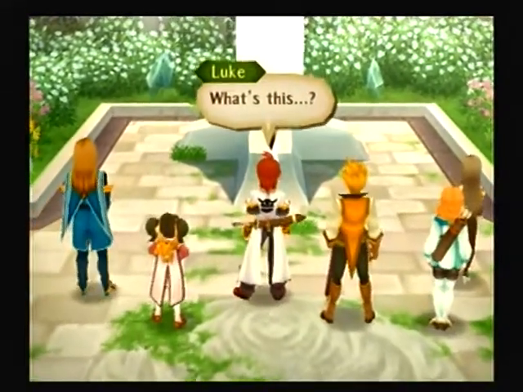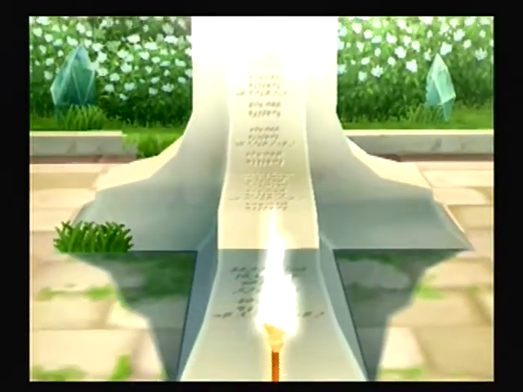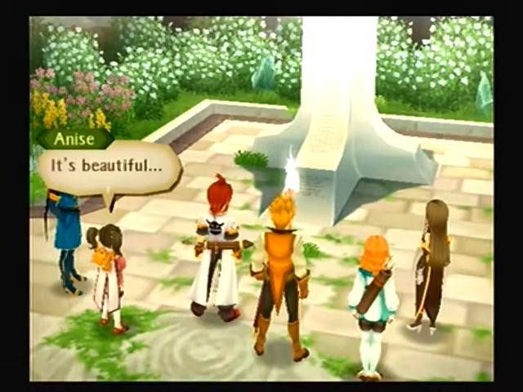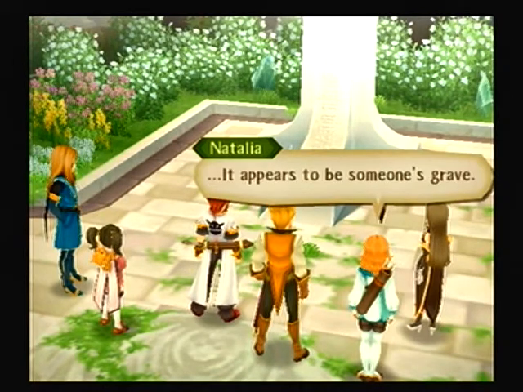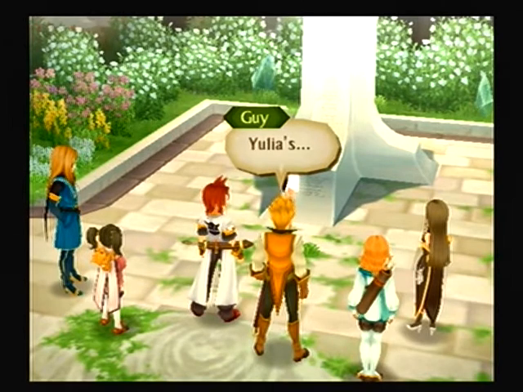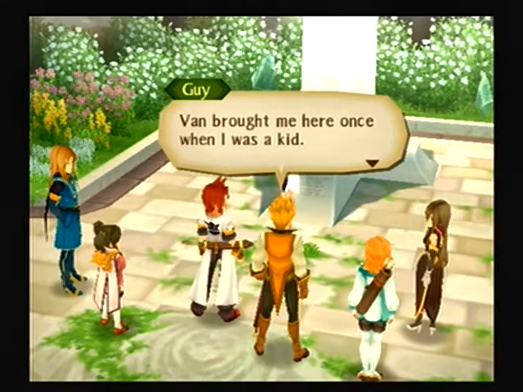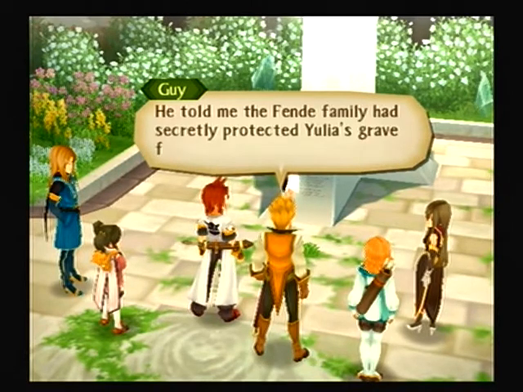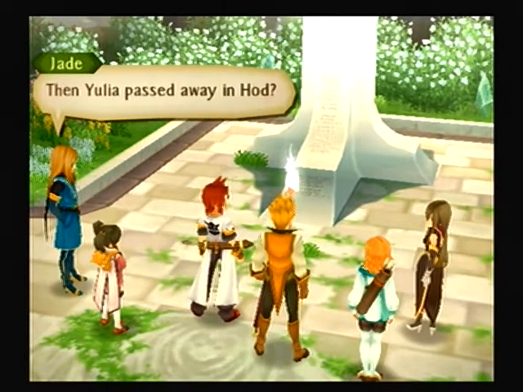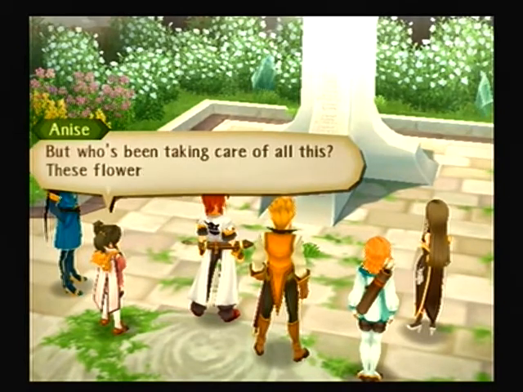What's this? Yulia's grave. Oh, and one of the Cataclysm weapons. Beautiful. It appears to be someone's grave. Whose? Yulia's. Yeah. Dan Menu brought me here once when I was a kid. He told me the Fende family had secretly protected Yulia's grave for generations. Then Yulia passed away in Hod? Well, that's something we didn't know. I never knew. That might help to explain Van's